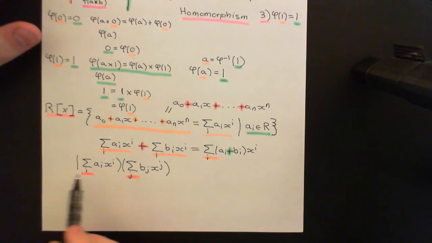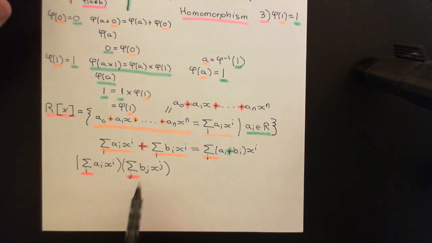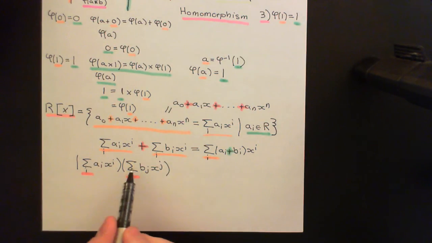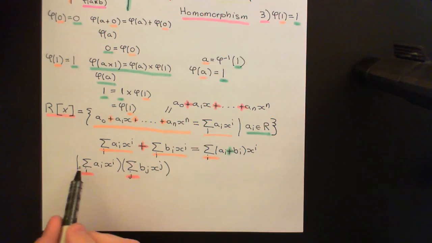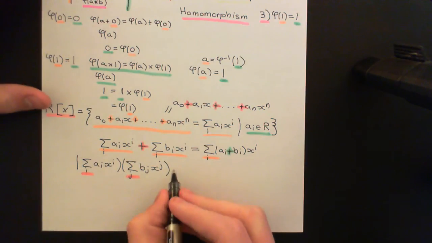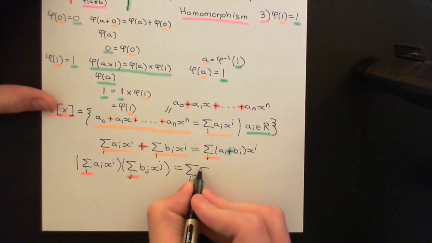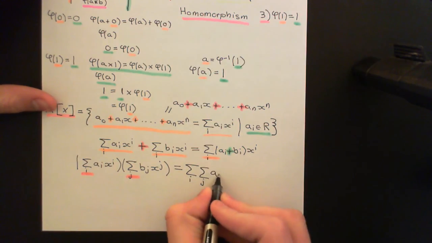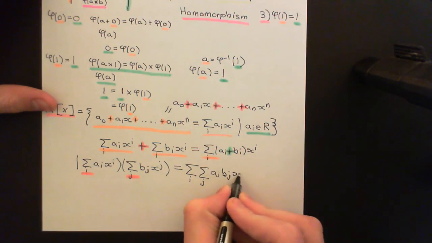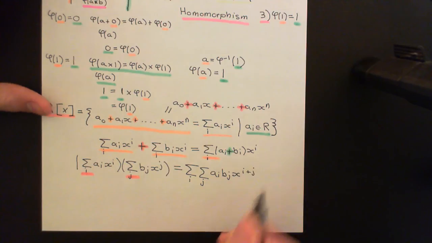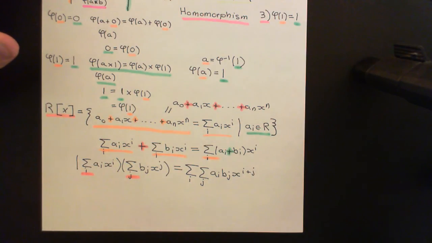And then, of course, we can just apply distributivity. If we want multiplication to distribute over addition, there's only one way this can work. You have to take every monomial here, multiply it by every monomial here, and then add them all together. So this is going to have to equal the sum over i, the sum over j, ai bj, x to the i plus j, and I've missed out a step in this definition of multiplication. So yes, we do indeed